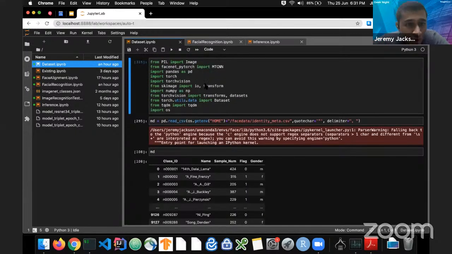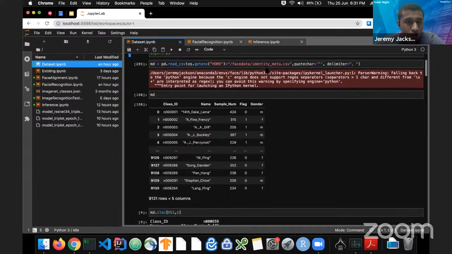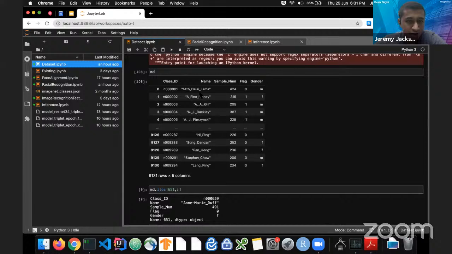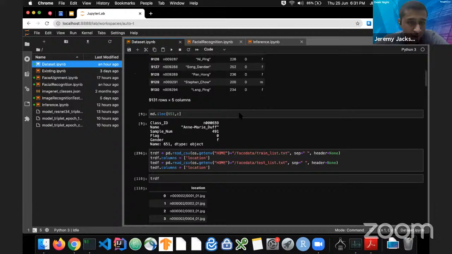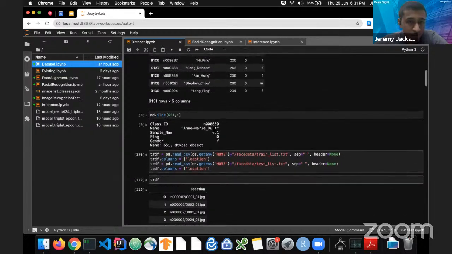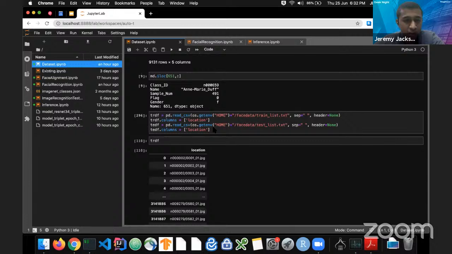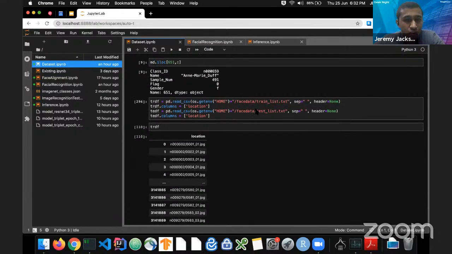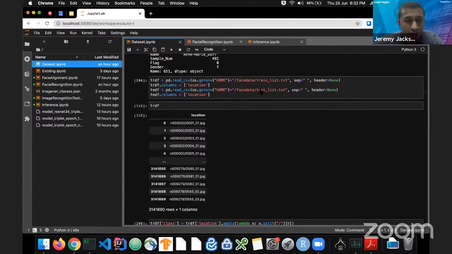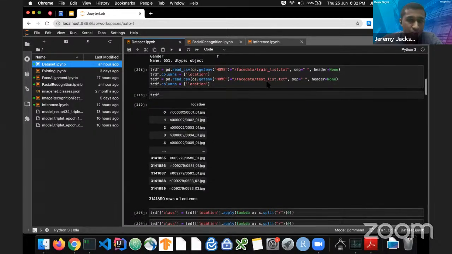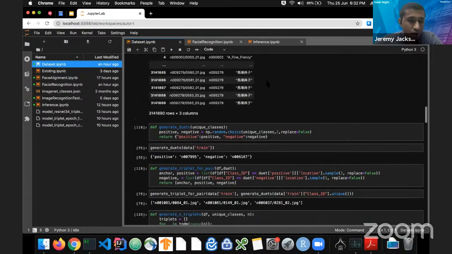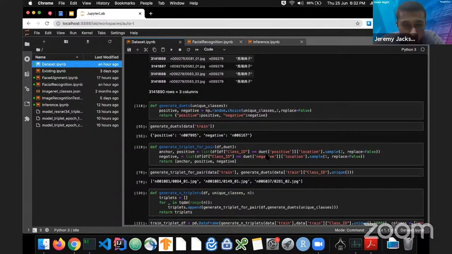Okay. So the VGG face dataset contains an image dataset with all these people. The Dalai Lama is one of the people that are there in the VGG face dataset. So we can use this information to predict who later on in the code. But the crucial part here is the triplet selection. So you have a training list of images which belong to a certain class and a testing list. So you generate the triplets using